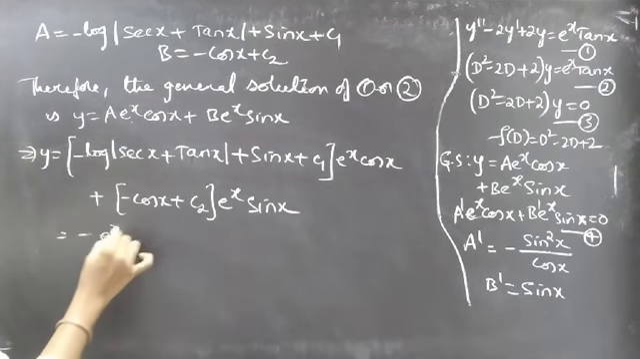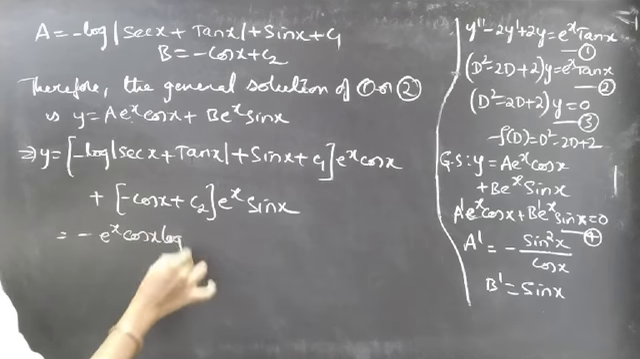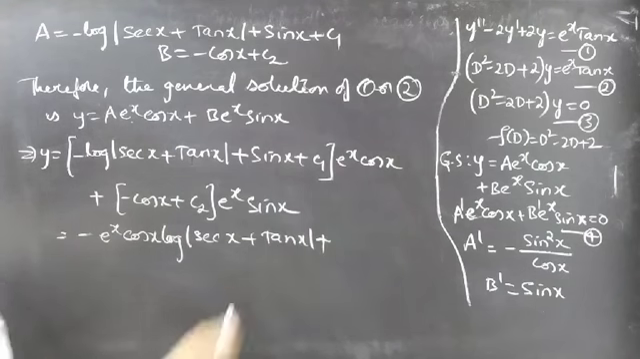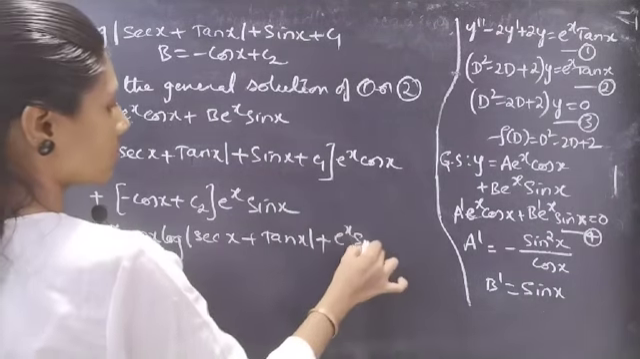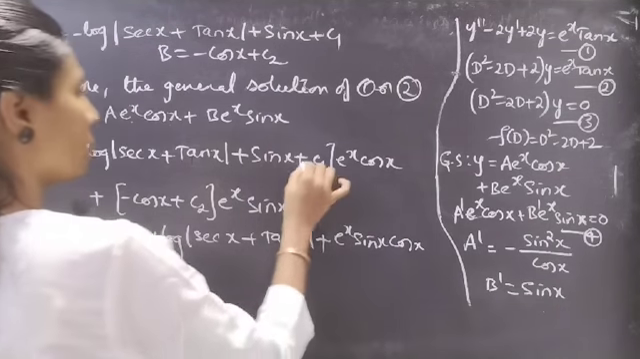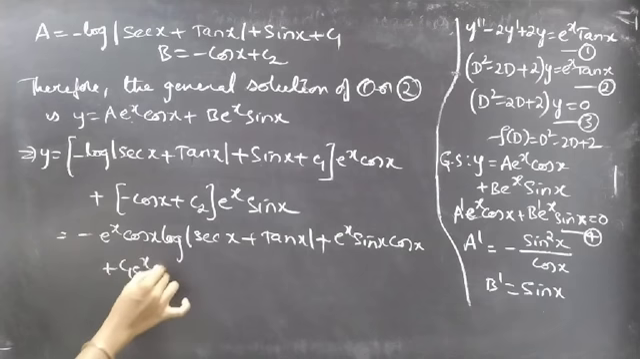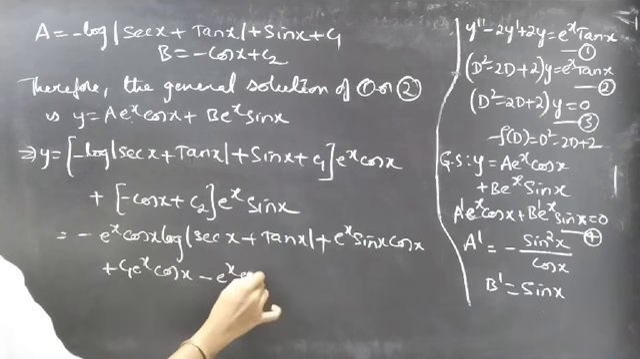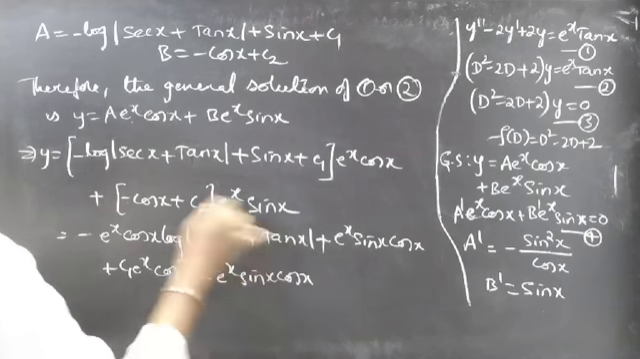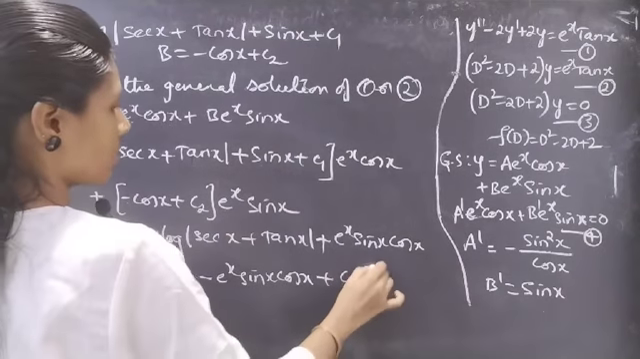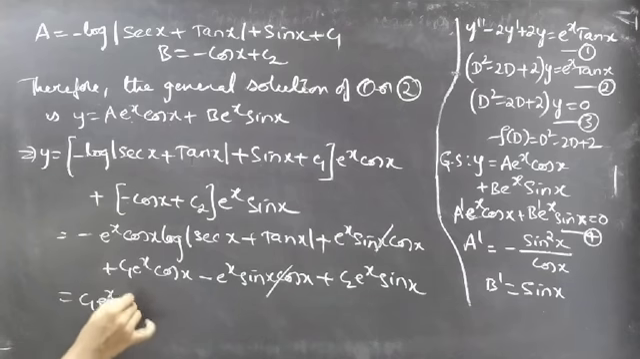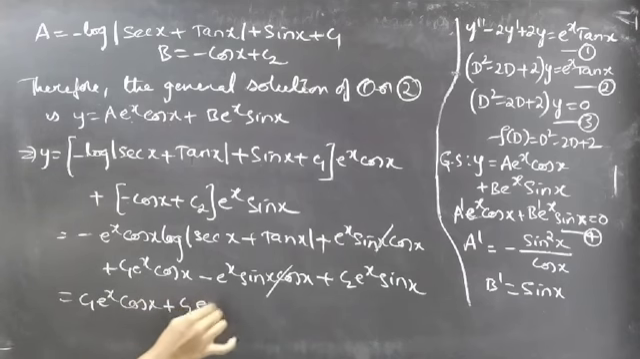into this term is e power x cos x into log mod secant x plus tan x, plus sin x into e power x cos x is e power x sin x cos x, plus c1 e power x cos x, plus into minus e power x sin x into cos x, plus c2 e power x sin x. Here we can cancel plus e power x sin x cos x and minus e power x sin x cos x, then we'll get c1 e power x cos x plus c2 e power x sin x